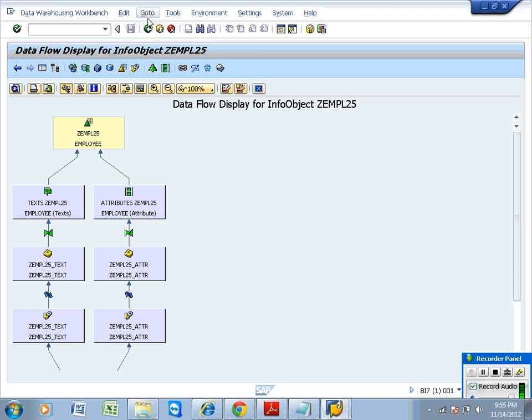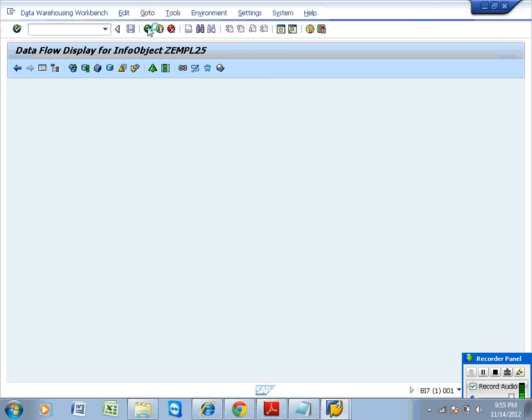Okay, let me showcase that information also. So this is EMTL 25. Once you find out the technical table name of PSA, most of the time it starts with something like this, a universal number.